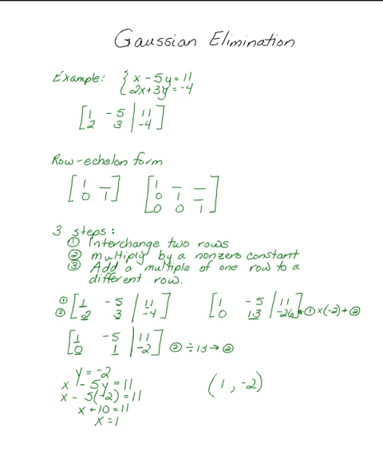Now what I do want is a 1 in that second position in row 2. It currently is a 7. And so what I'm simply going to do is take row 2 and divide by 7 and put that back in row 2. That'll give me a 1 there because 7 divided by 7 is 1. Now 0 divided by 7 is 0, so that's going to keep our 0 there. We don't want to mess up what we've already done. If at any stage you mess up a column that you've already fixed, you probably don't want to do that